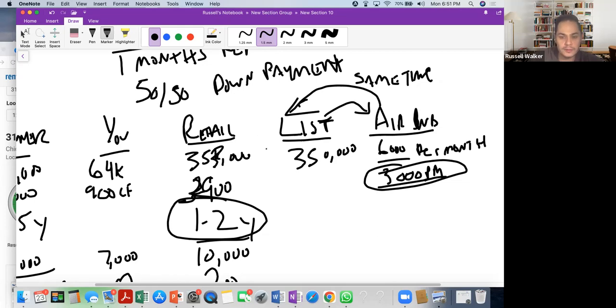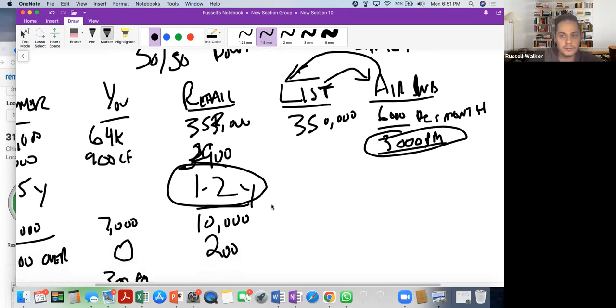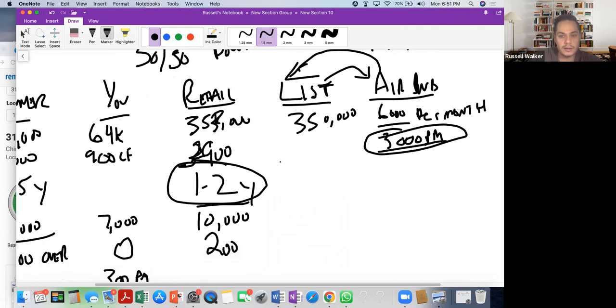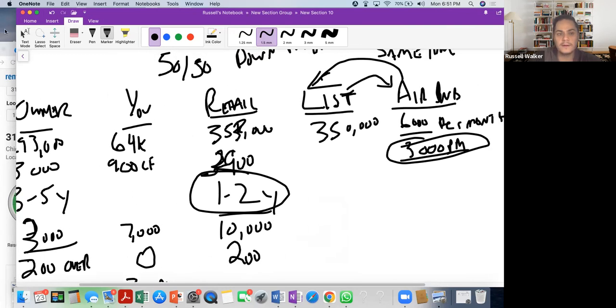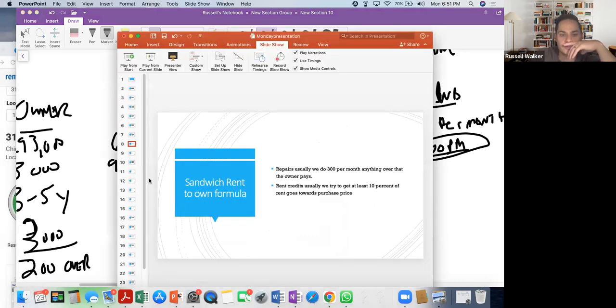So that's what I'm saying. There's a lot that you can do with sandwich rent to own. It's just like you own the house, right? You can list it, you can Airbnb it, you can sandwich rent to own it. There's just so many different things that you can do with this strategy. So that's how we